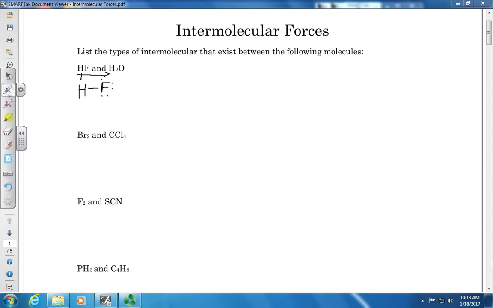And then, of course, we have a resulting dipole in oxygen. The resulting dipole goes that way, as oxygen is more electronegative than hydrogen is. So, knowing that we have two instances where we're going to have these dipoles, we can say that we're going to have dipole-dipole,